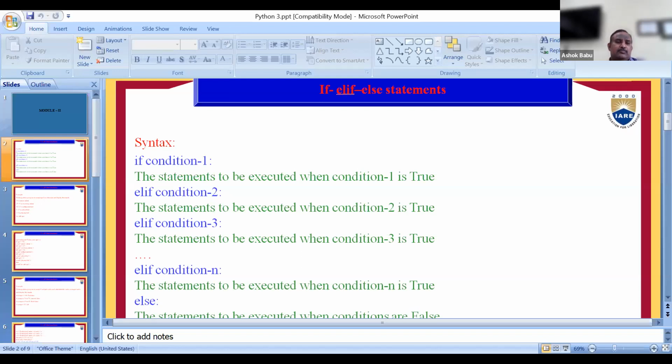Then please go to the program. Here I am writing age. Age is a variable, so to represent any age, I am using age as a variable. Age equal to int of input of enter your age. Here I am entering the age by using input. Because the age is an integer, I am writing age equal to int of input of enter your age.